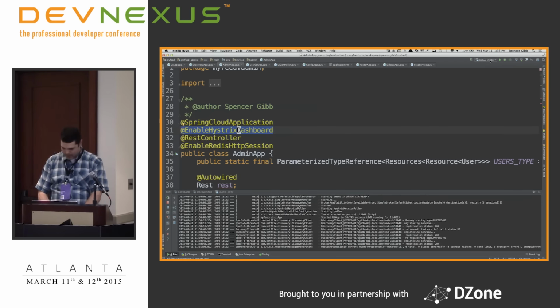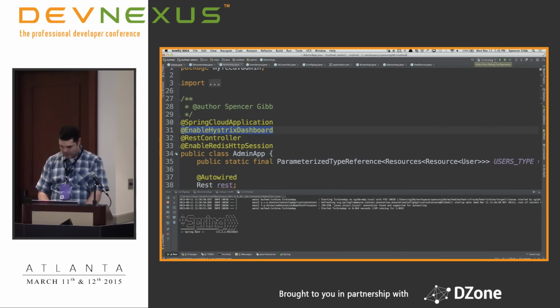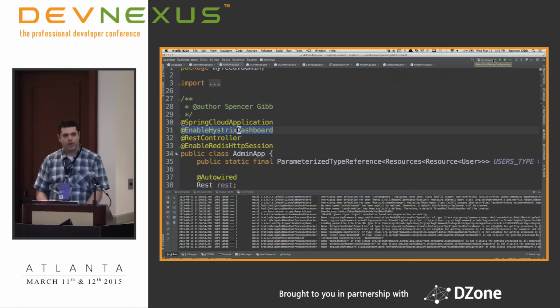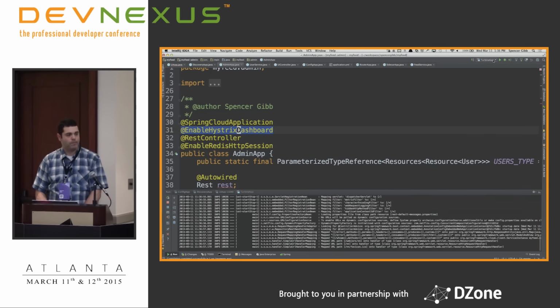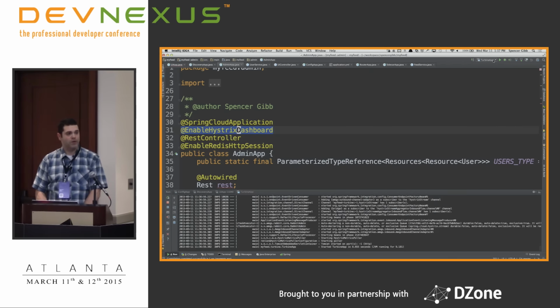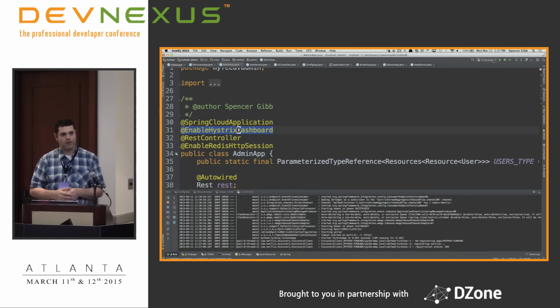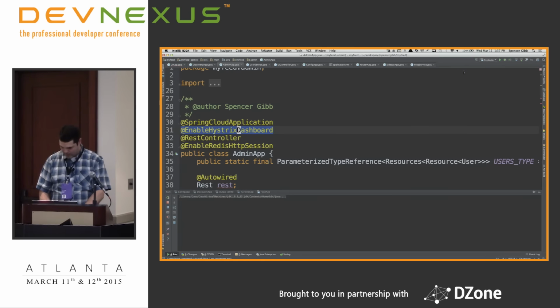So I am going to run a couple of applications here. I'm running Turbine. I'm not going to talk a lot about it, but it aggregates metrics from individual nodes so that the dashboard has just one place to go for the stream of metrics, as opposed to going to every node. When you have a handful of nodes, it probably wouldn't be a problem, but when you get above that small number, it can be a big problem. So I'm going to run Turbine and the feed.